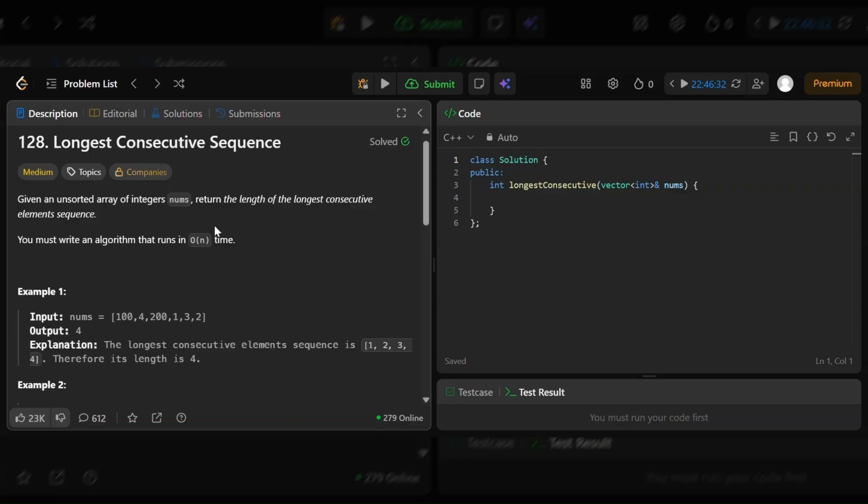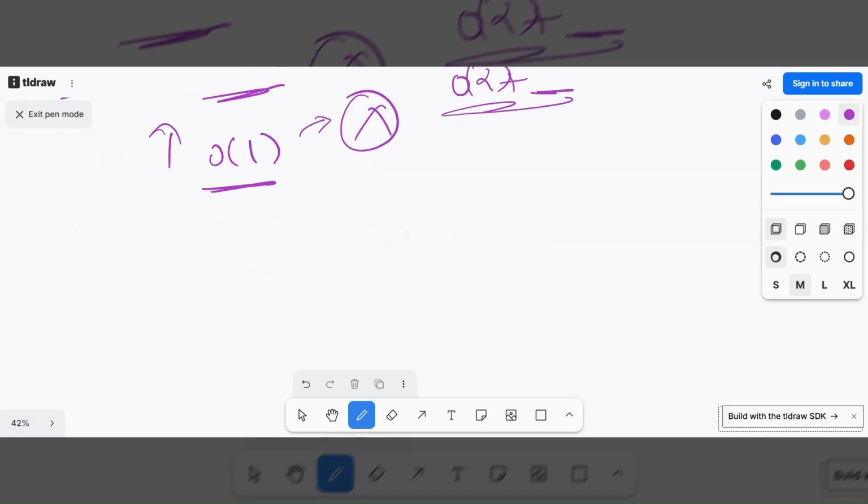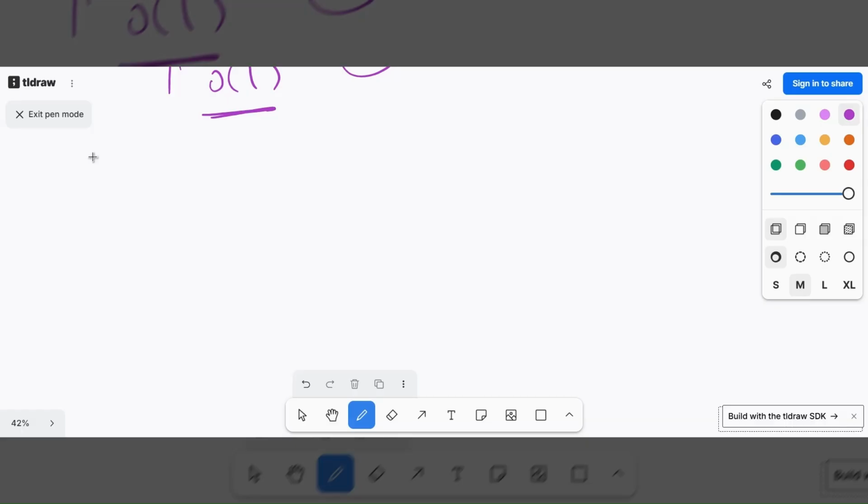Okay, so what we'll do now? Let's say you are given this 100, 1, 200, 3, 4, 2. You need to find the longest consecutive sequence of the elements, or size of the longest consecutive sequence of elements.